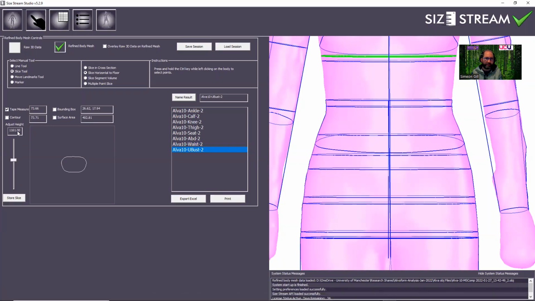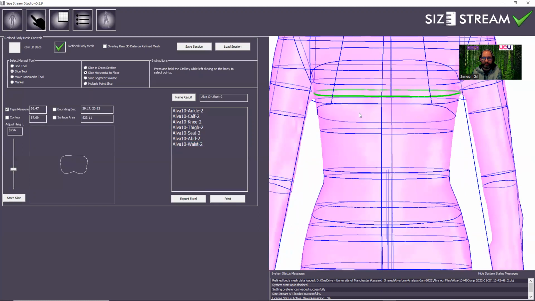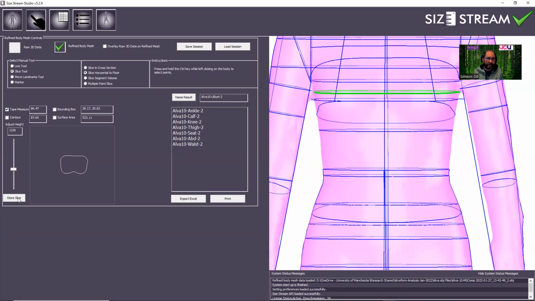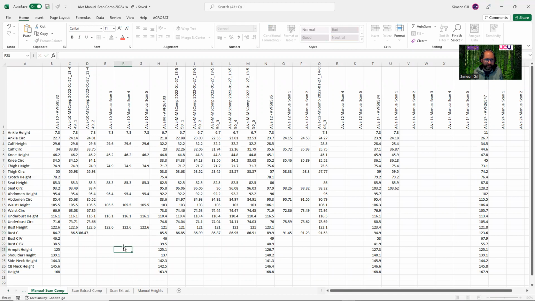So we can go back to here and put in 1226, enter. It's reverted, hasn't it? Back to the bottom, 1226. That's the bust height there. So again, we can see it looks fine. We can store that slice. We can rename it just as bust. So we can name the result. And then we've got 86.47. So back here, we can just say 86.47. Okay, and that's all of those we can take, I think, at the moment, because the rest of my